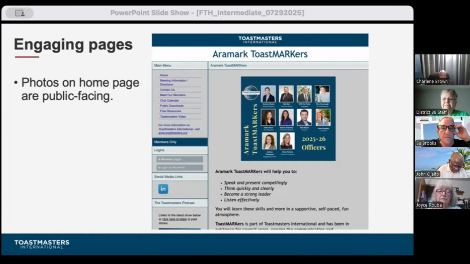And the other thing that attracted me, in addition to the professionalism, it indicated the sponsors, the executive sponsors. It's current. It has the current list of officers, who they are, what they do, and in very readable text, four bullet statements about how Toastmasters will help you too. And it tells you the what, the why. And as you scroll down the page, there are more items supporting why this might be a good club. Let's look at some more pages.